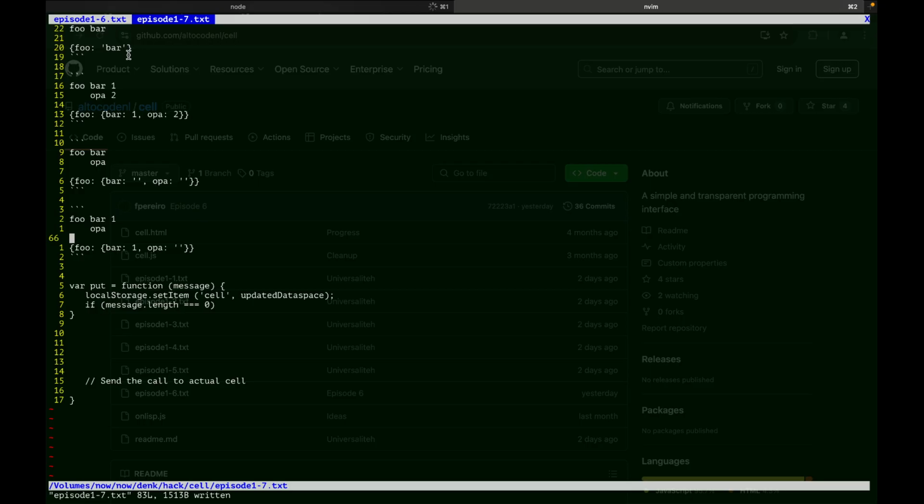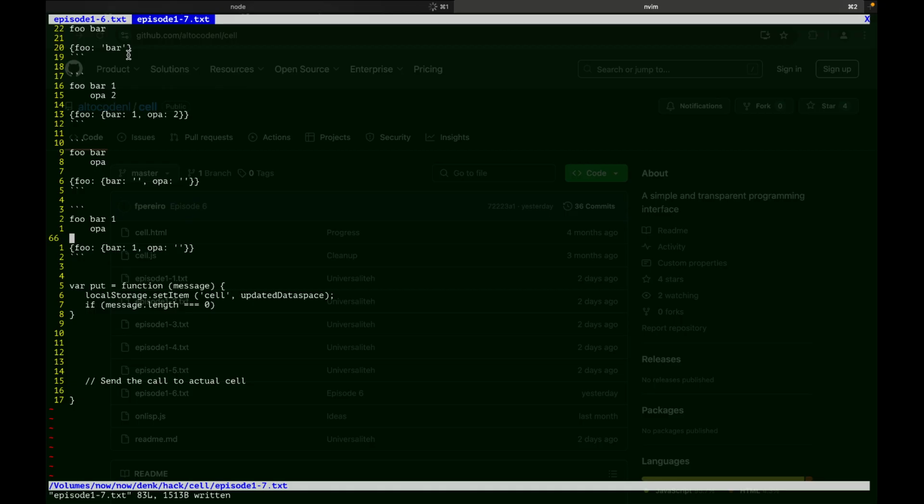Yeah, basically when foo points to two things, foo has to be a hash. The value of foo has to be a hash. There's no way around it. But when it's not a hash, it's text. So I like this.